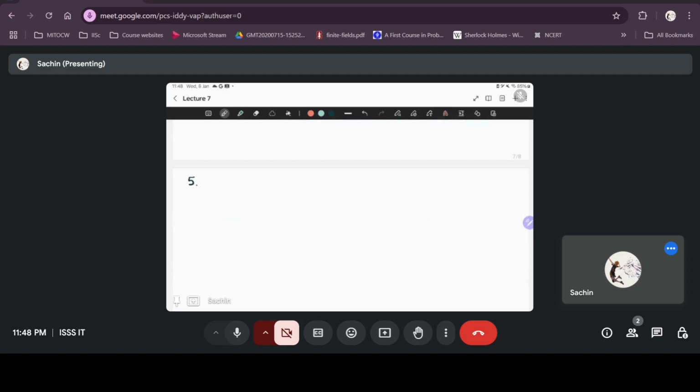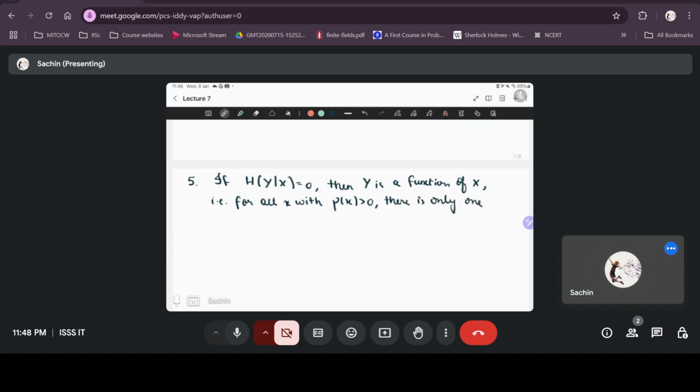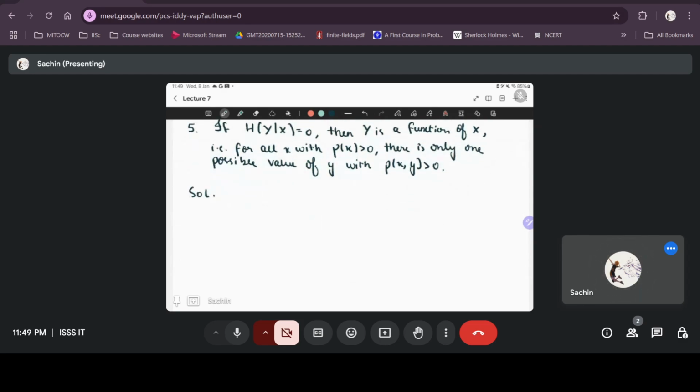Next, we go to question 5. Show that if H of Y given X is 0, then Y is a function of X. That is, for all x with p of x greater than 0, there is only one possible value of y with p of x comma y greater than 0. The solution